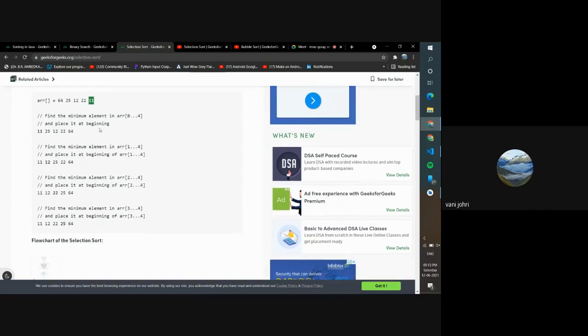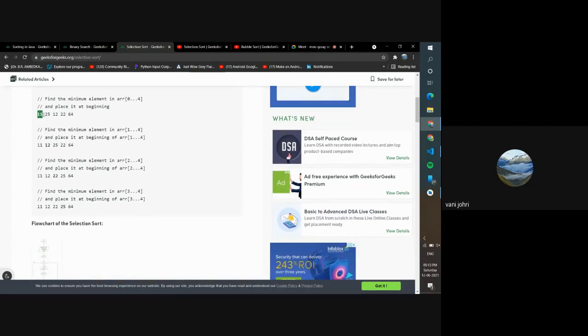If you can see it, the first time the loop runs, it will find 11 is the smallest. It will put 11 in the front, but what was at this position? 64 was over here, right? So it will put 64 at 11's position. Whatever number is at the first position, it will replace it with the smallest number. Now we know that this is the smallest number. There will not be any number smaller than this, so we will start looking from here.